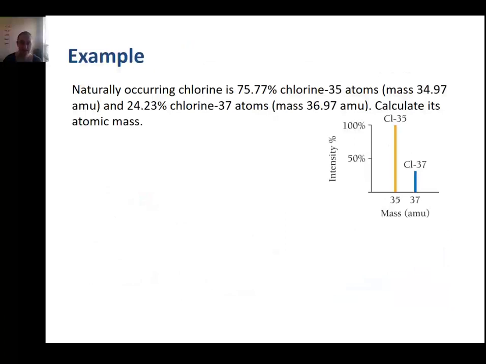Now let's look at a different example, which is computing the atomic mass of chlorine from its mass spectrometry data. From the mass spectrometer, we find there are two isotopes of chlorine, chlorine 35 and chlorine 37. We also find that 76% of the particles deflected are chlorine 35 and 24% are chlorine 37. More significant figures are also given in the write-up of this problem, and it's important to always use the values you're given. So we need to calculate the weighted average using these values,